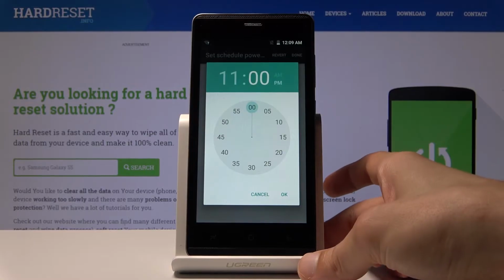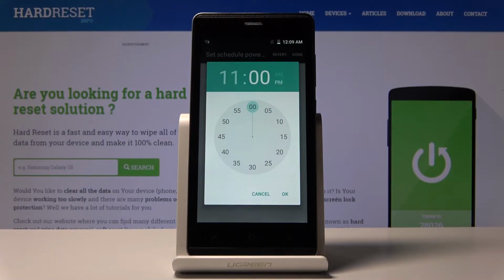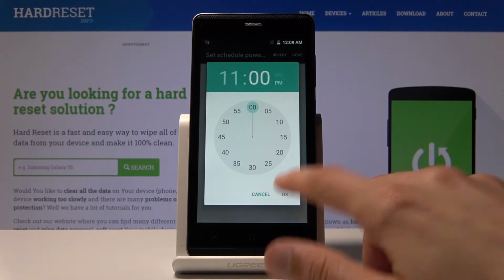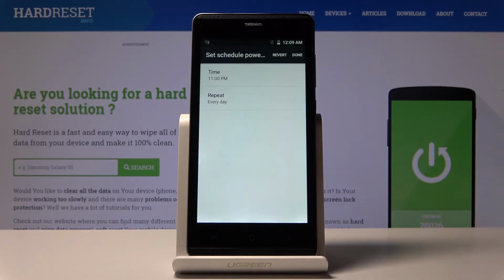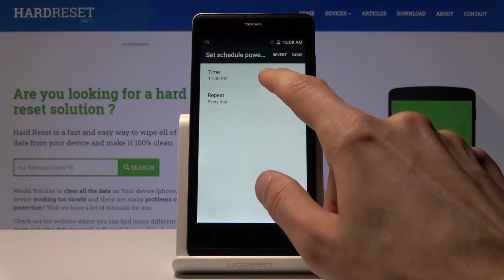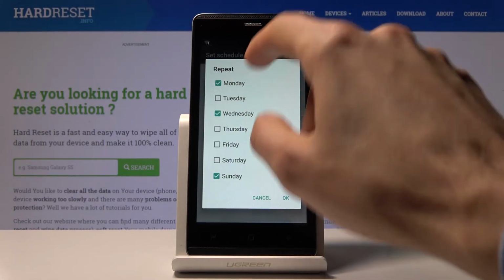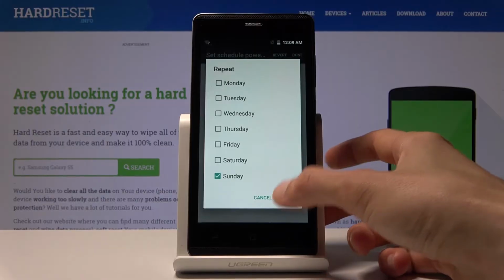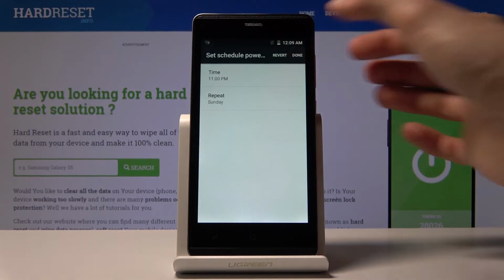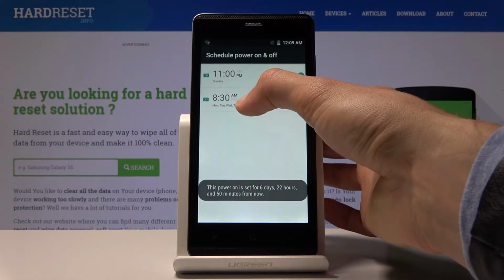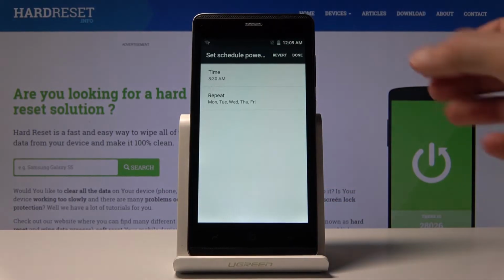I'm just gonna select PM, so it's more of a nighttime, and just gonna keep it at 11. Okay, that's when it turns on. And then I'm just gonna choose a single day of the week, so I'm gonna select Sunday, like so. Okay, and now tap on done, and then go back to the off, so when the device turns off, and